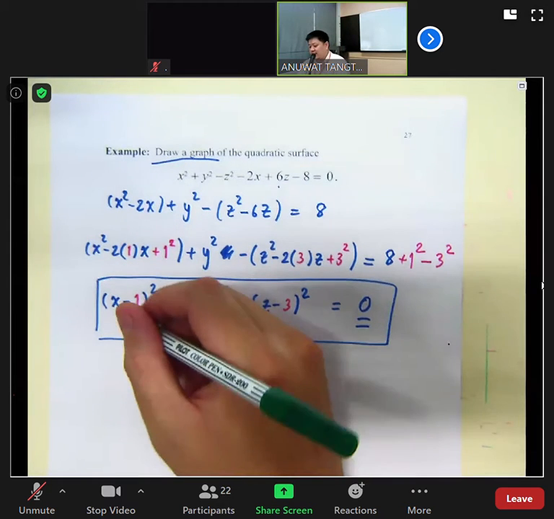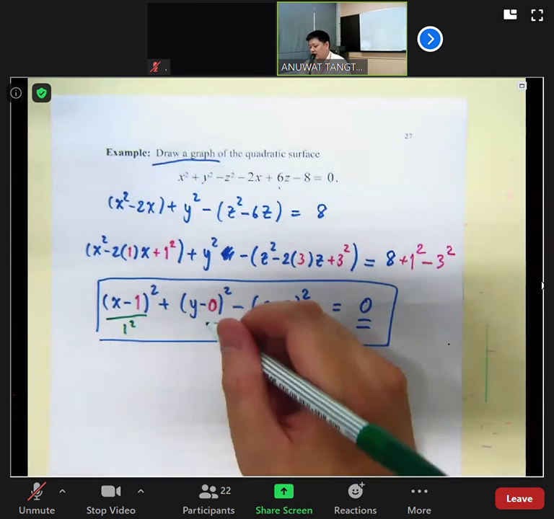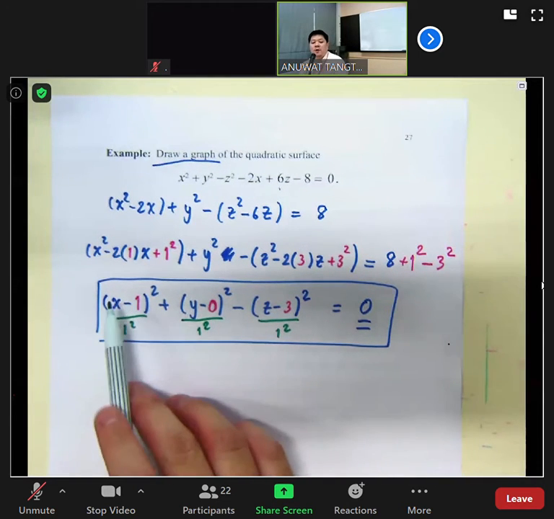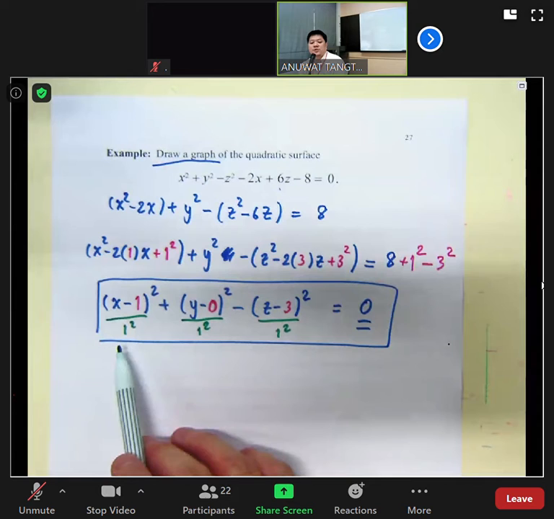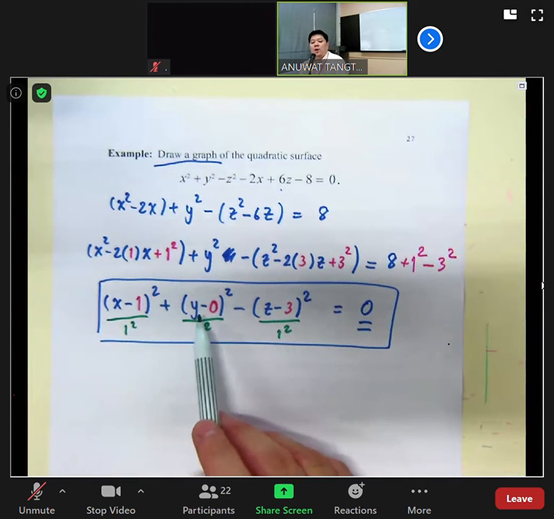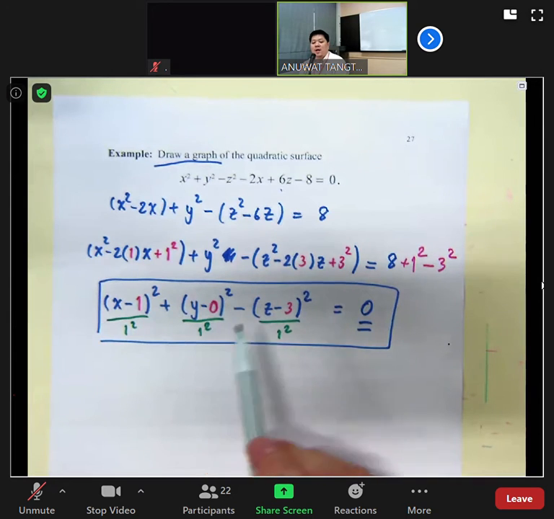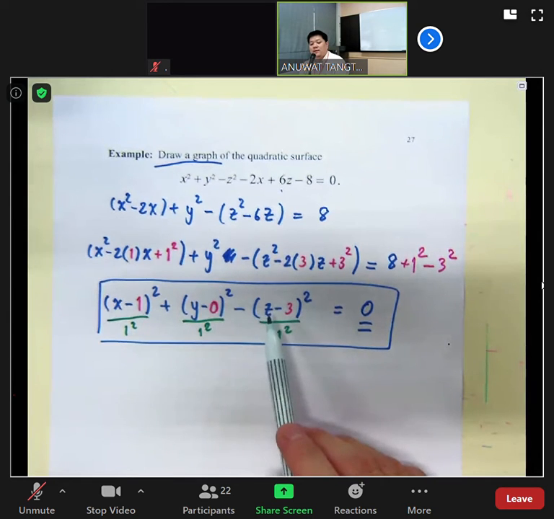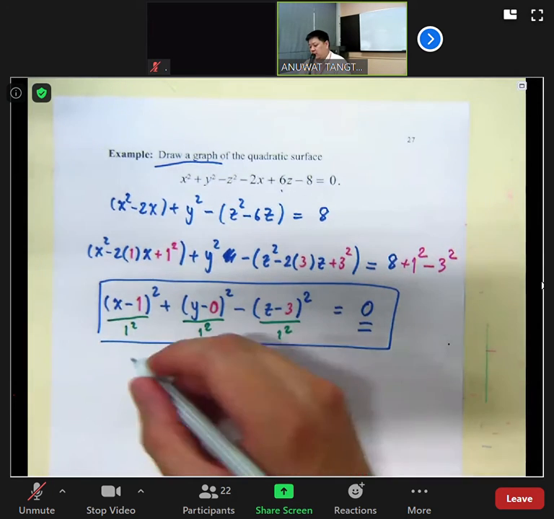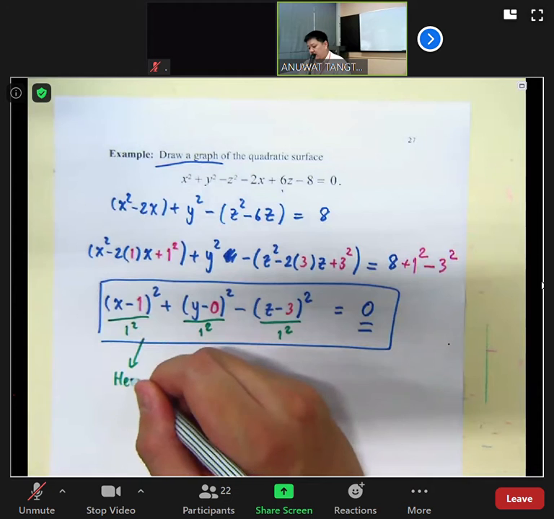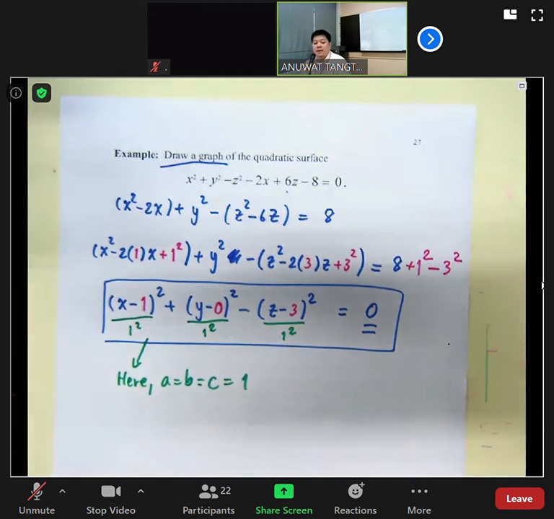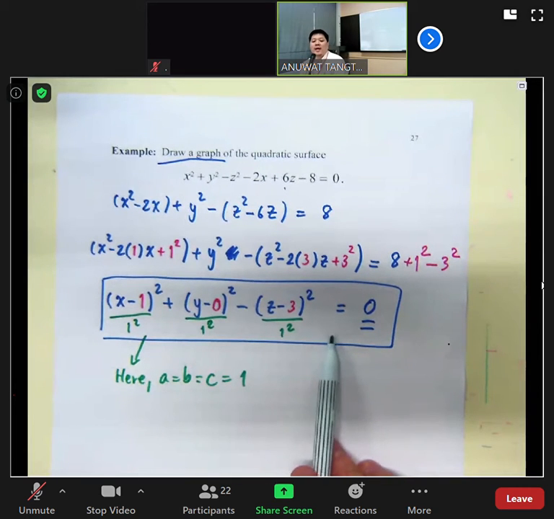this one we can think of like this is over 1 square, this is over 1 square, this is over 1 square. So it comes out to be in the form of x minus x0 square over a square, plus y minus y0 square over b square, minus z minus 3 square over c square. So here a equal to b equal to c equal to 1. When a, b, c are equal, that means